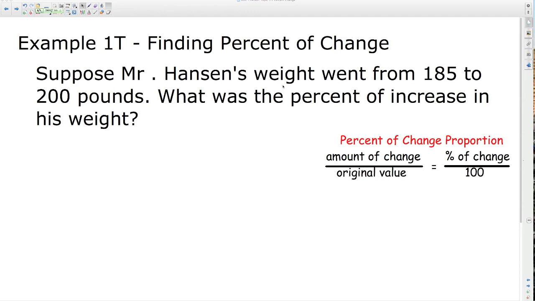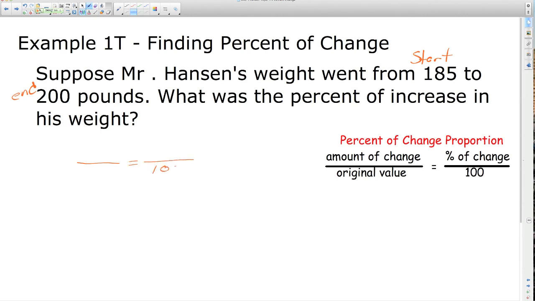Suppose Mr. Hanson's weight went from 185 pounds to 200 pounds. What was the percent of increase in his weight? So we're told in this problem that we're looking for a percent of increase, and hopefully you would be able to figure that out. His weight started at 185 and it ended at 200. So setting up our proportion here,